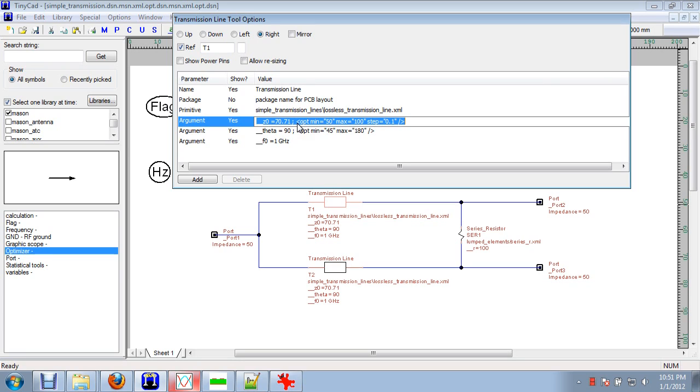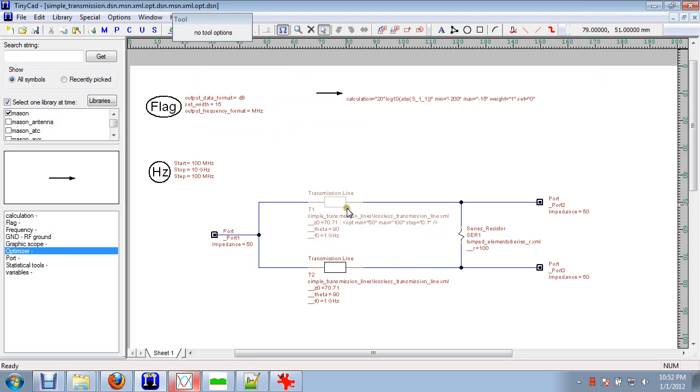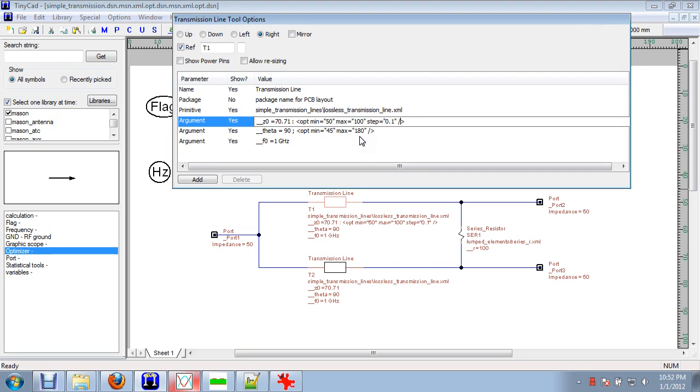It's actually a little XML tag that you can add in with a little semicolon after it. Now, if you want, you could actually replace the semicolon with a colon, and it'll show the tag. Generally speaking, I like to have a cleaner schematic, so I usually leave those invisible. If you want to turn off the tag, you can also just put no opt instead of having that opt tag there. But here what I've done is I've set up a minimum value that the impedance is allowed to take,